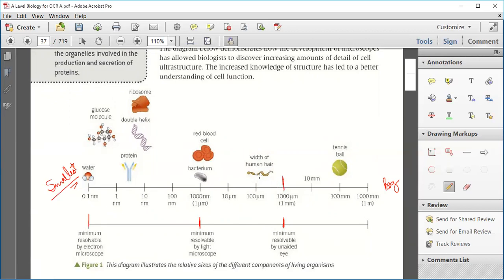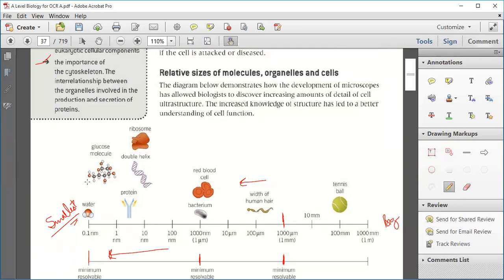The width of a human hair, we can't see it. It's very small for us. So this is a comparison of the size. A tennis ball we can easily see, human hair, and then as the size goes on decreasing, a size of 1 micrometer is the size of a bacterium or red blood cell. If the size is further decreased, then there are the structures of protein, DNA, ribosome, a glucose molecule, and then simply a water molecule. In this way, we can simply compare.